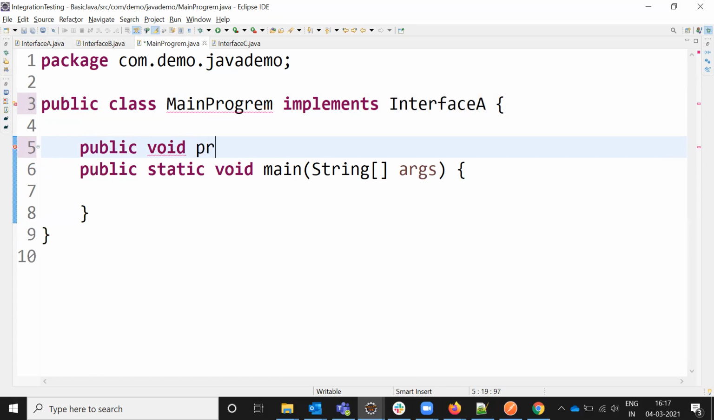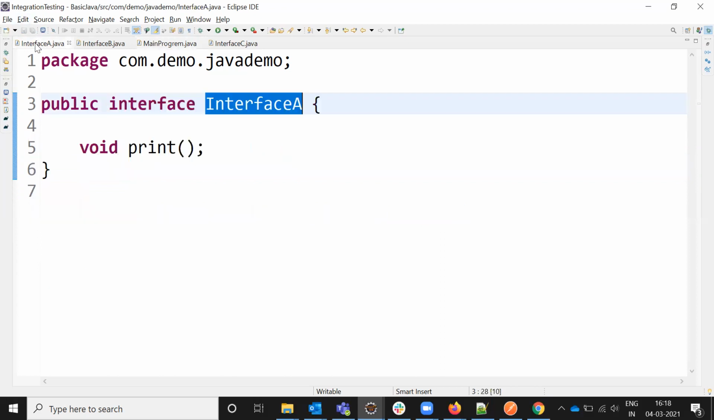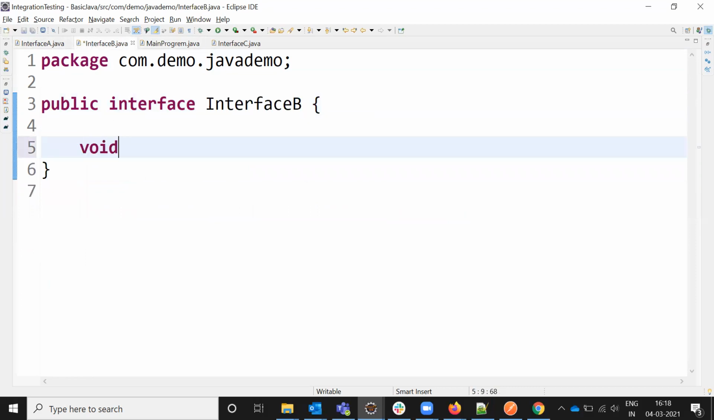void print, and I'm going to use the print method. This way we can implement it. Again, we can inherit multiple inheritance, right? Now I'm going to use a void show method here, and this method I'm going to utilize